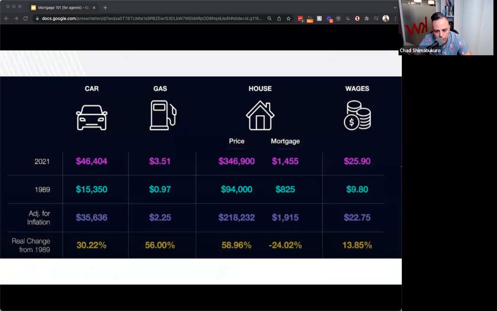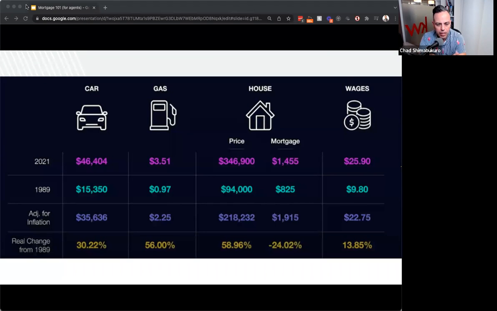This is a snapshot from Gary Keller's vision speech. It's available online right now, and it's really good. The reason I bring this up, and I thought it was a brilliant slide, is that everyone gets caught up with this. If you're an agent working with first-time home buyers, people are like, you know what, is now a good time to buy? Maybe I'll wait until prices come down. Well, here's the thing: there's something called inflation.